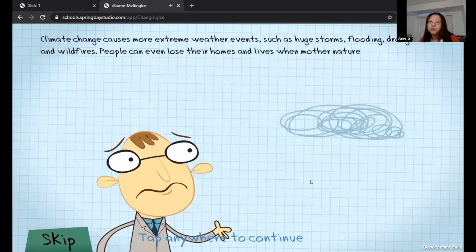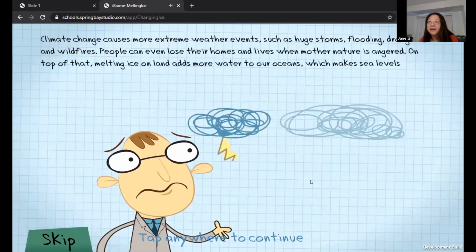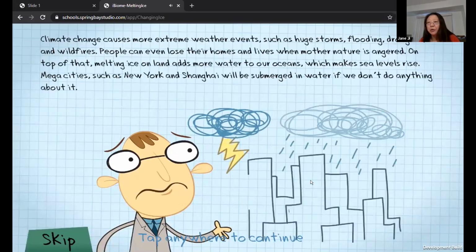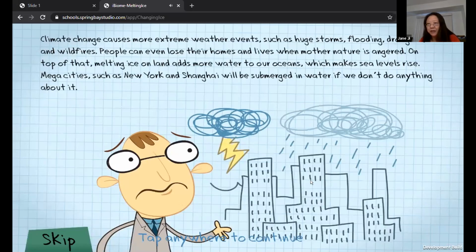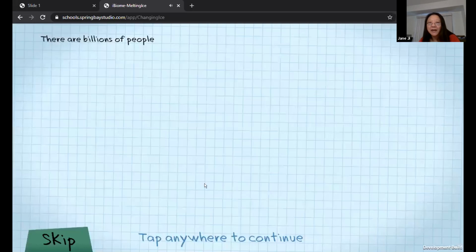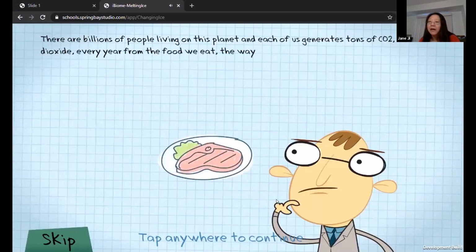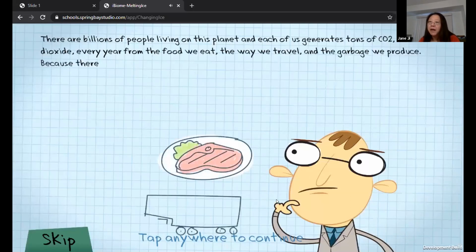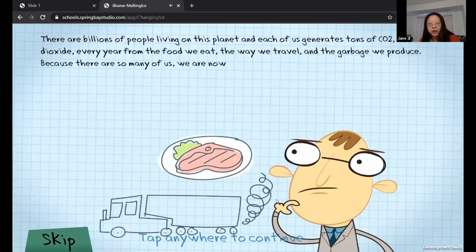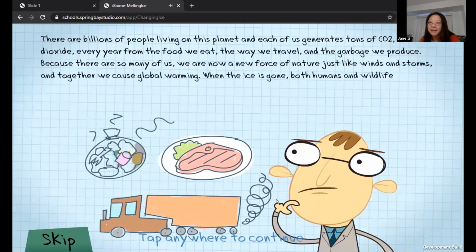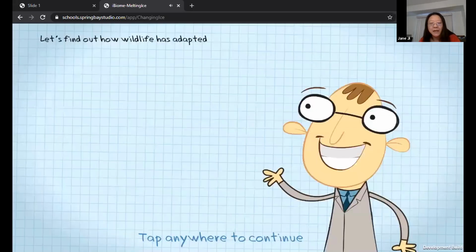And then we also call on them to take action together, because there are billions of us on our home planet. If every one of us is doing something, I think we will alter our path to our future. So the focus of this game is on 3 things: our food choices, our commute choices, and recycling, because those are the 3 things that little kids as young as 8 can do to help. So that's really the essence of the game.